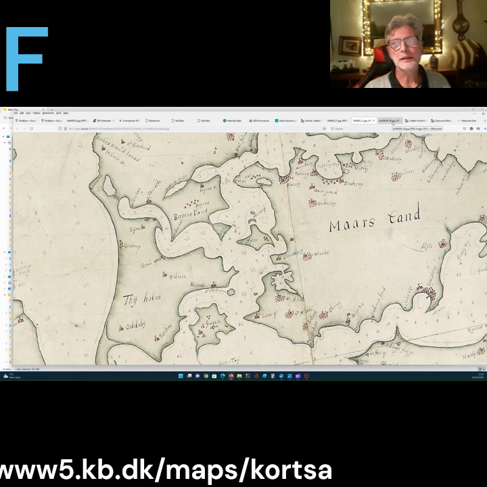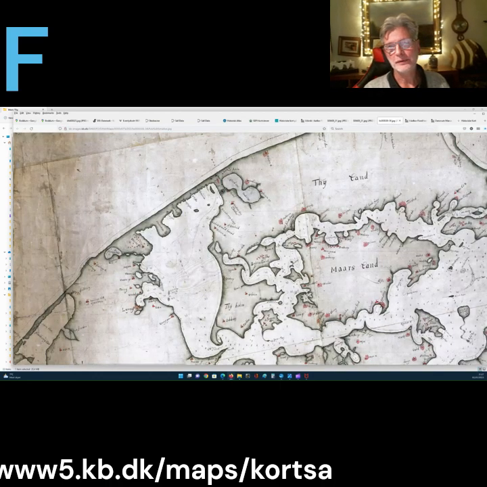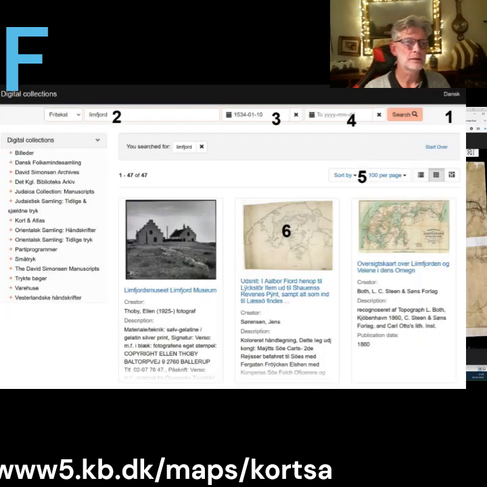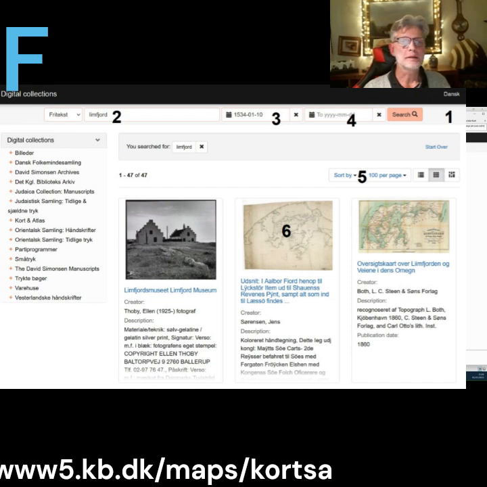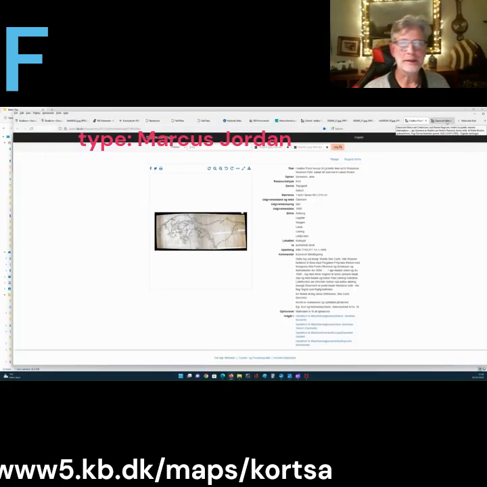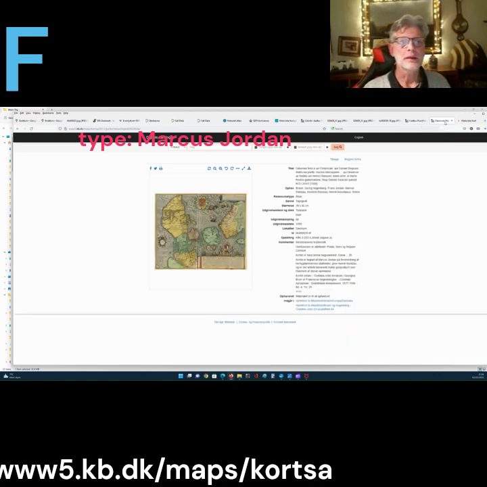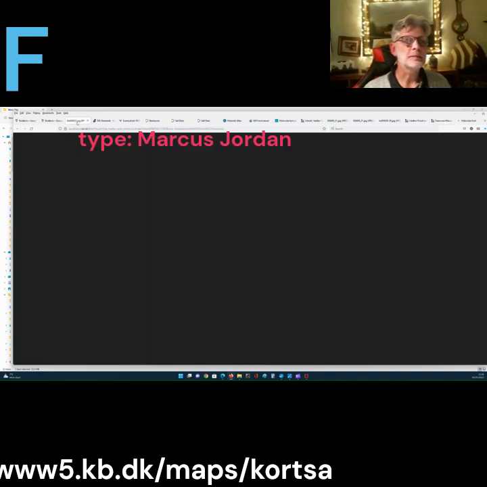So here is yet another map, also from 1694, and it shows Bojens Land in naming there, Bojens Land. The way to find this map is to write Limfjord in the search field up here on the Crown Library website. There'll be a link in the description. And the map I showed you before, this map here,